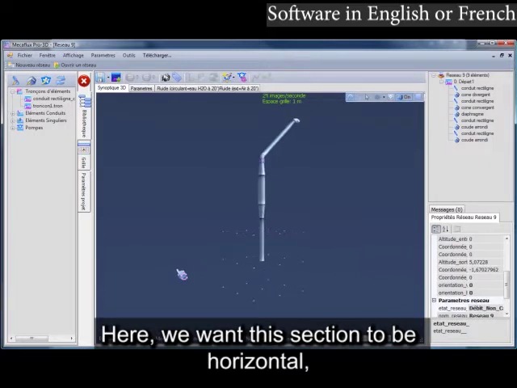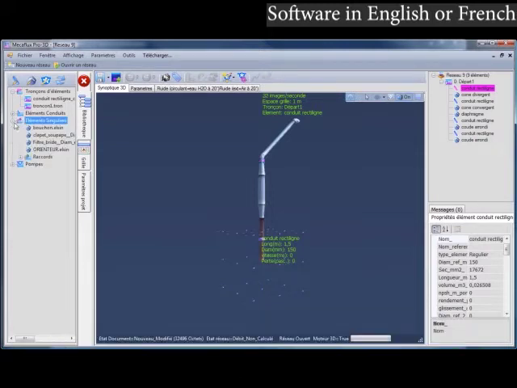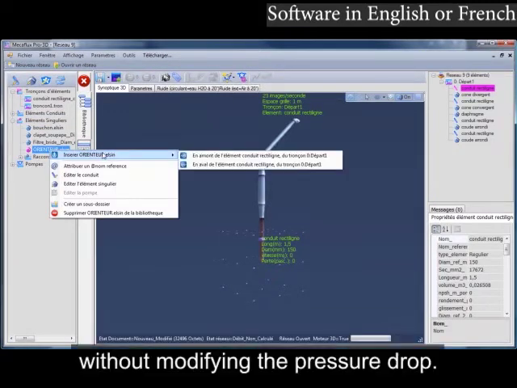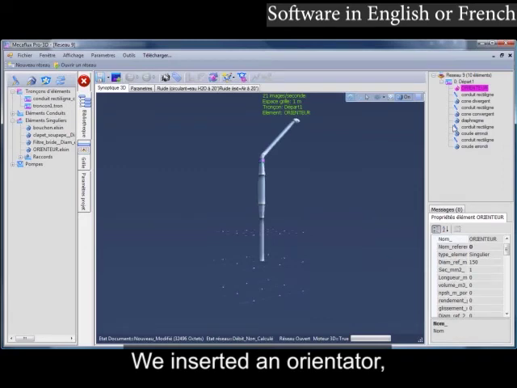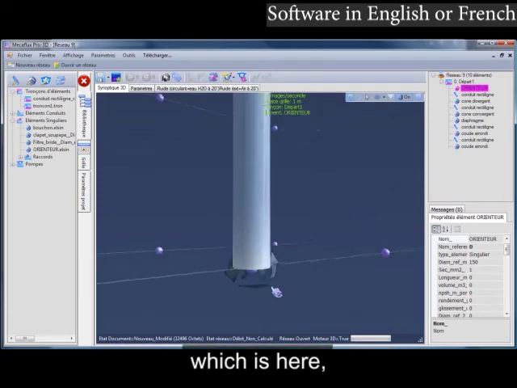Here, we want this section to be horizontal, so we select the first element, and we will introduce an orientator. So the function of the orientators is to orient elements without modifying the pressure drop. We inserted an orientator, which is here.